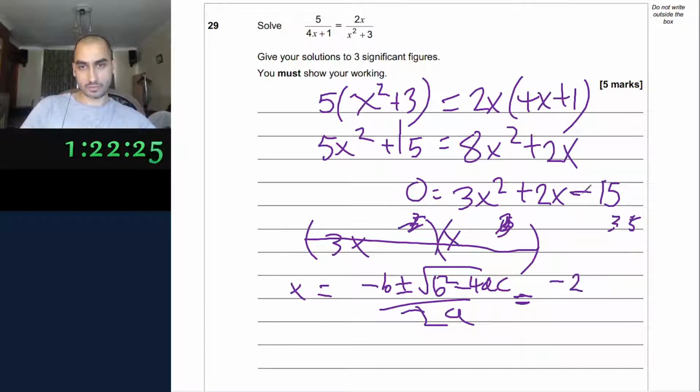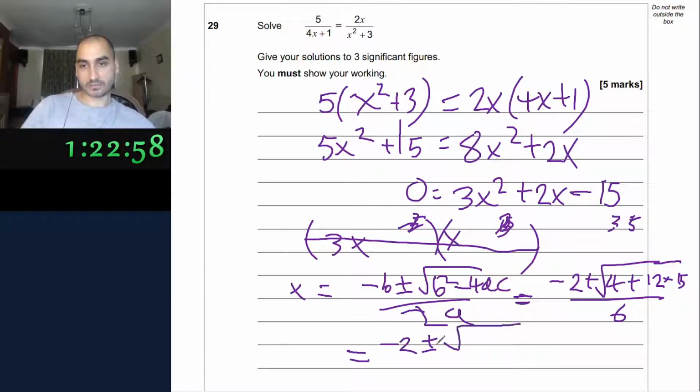Minus 2 plus or minus the square root of 4 minus 4ac. So 12 times 15. So plus 12 times 15, all over 6, equals minus 2 plus or minus the square root of